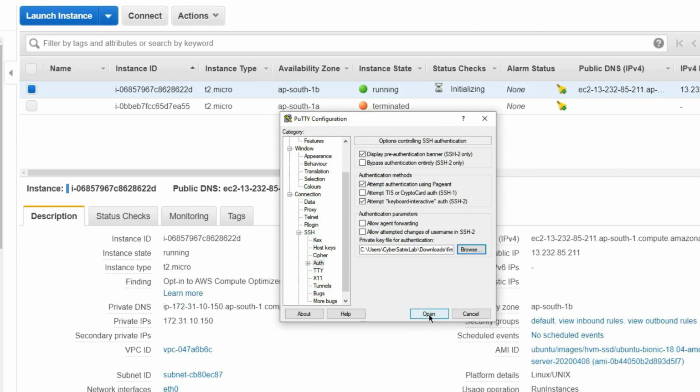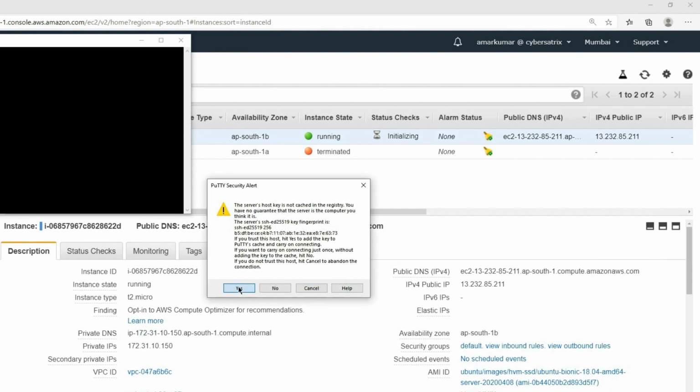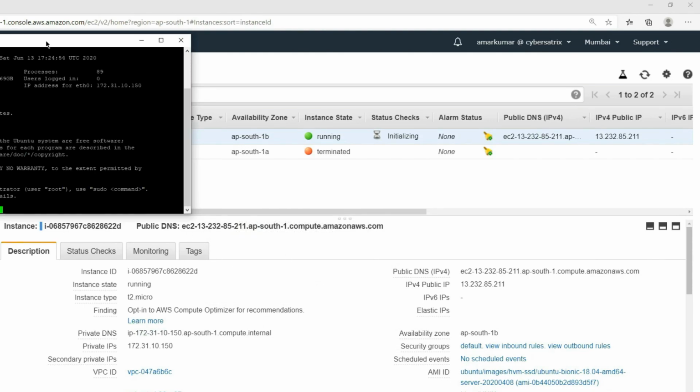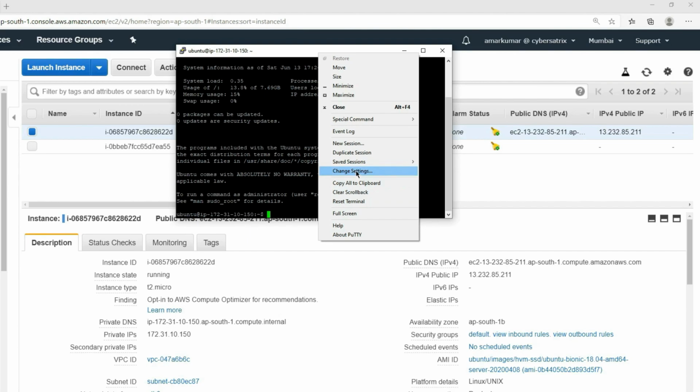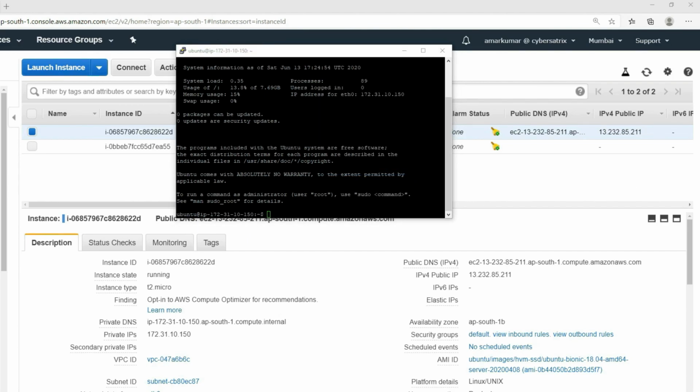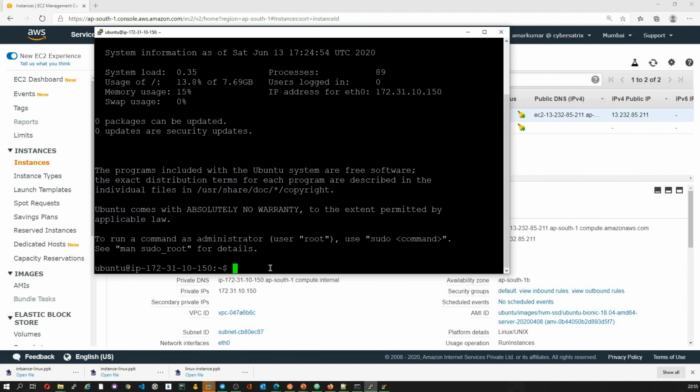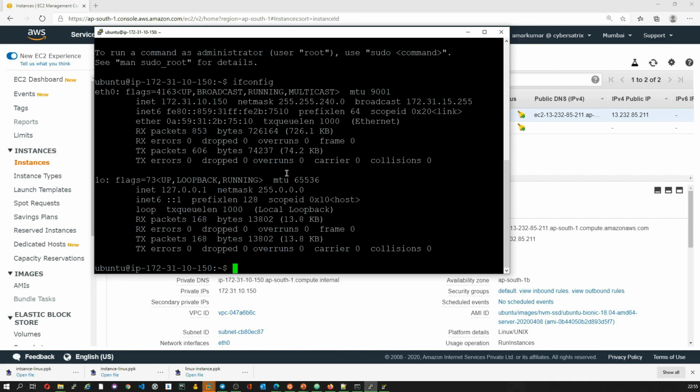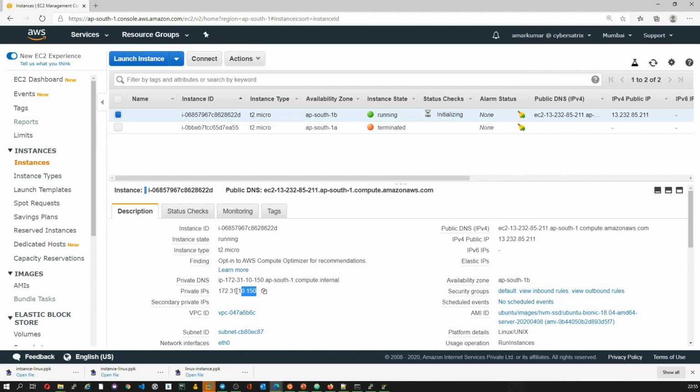Let us open it and click on open. So now if you see, it is authenticated successfully. Let me change this setting to increase the font and check the IP address assigned to this. The IP address assigned to this is 172.168.10.50, which is exactly the same as for the instance that has been created.